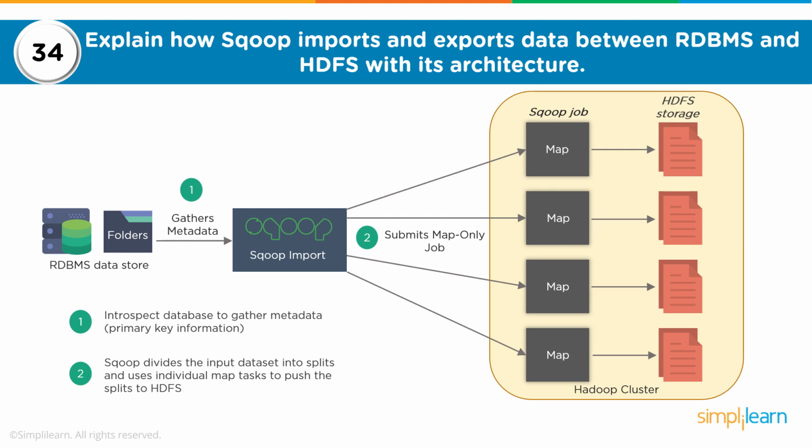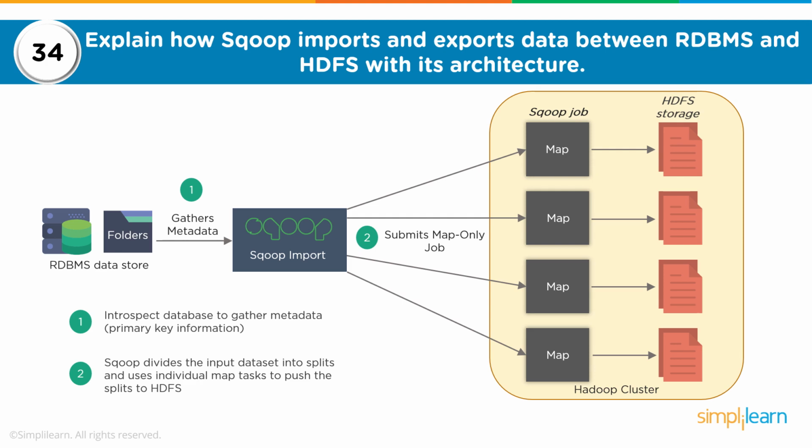It divides the input data set into splits, and this division of data into splits mainly happens on primary key column of the table. Now, if somebody might ask, what if my table in RDBMS does not have a primary key column? Then when you're doing a Sqoop import, either you will have to import it using one mapper task by specifying -m equals 1, or you would have to say split-by parameter to specify a numeric column from RDBMS. And that's how you can import the data.